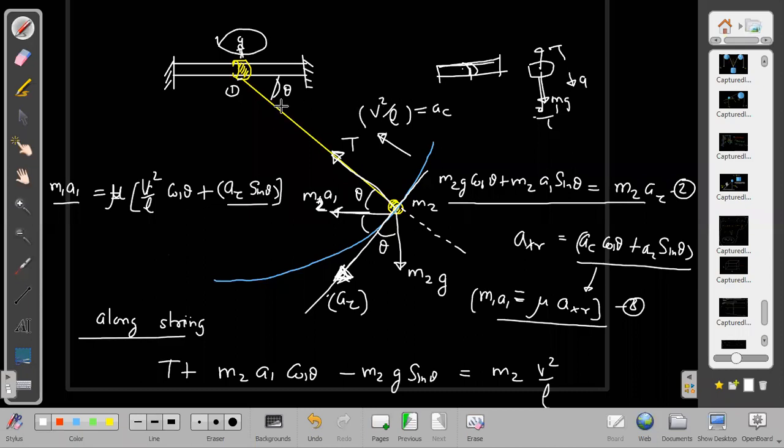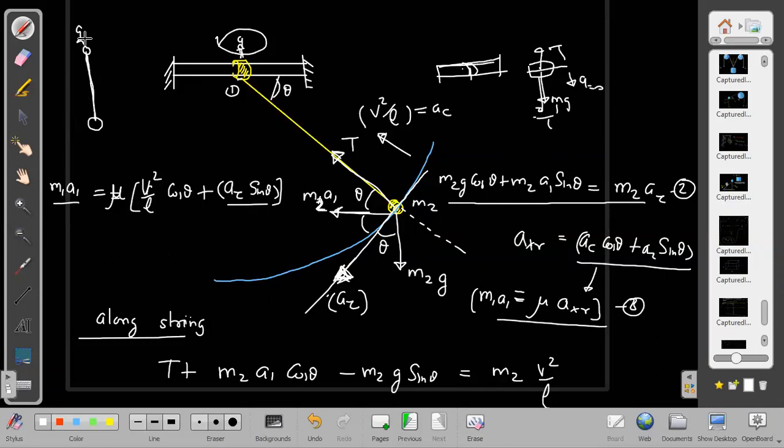If it has vertical acceleration, then it will penetrate into the rod. It will cut the rod. It cannot cut through it. It has to stay there only. So if it has to stay put, the vertical component of acceleration has to be 0. So it has no horizontal acceleration as there is no horizontal force, and it has no vertical acceleration as it cannot have vertical acceleration. So this observer is now a non-accelerating frame, and it becomes an inertial frame in the case when the string becomes vertical.